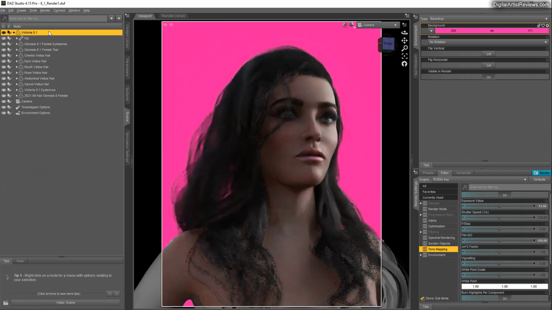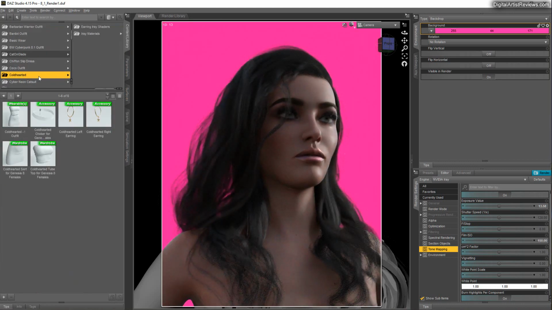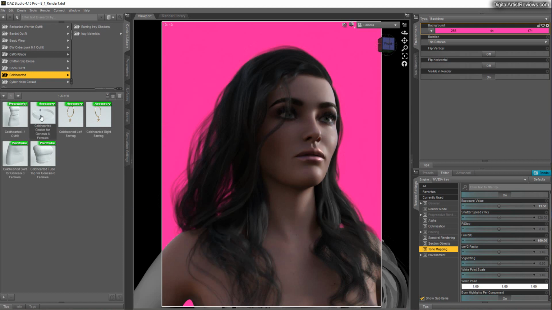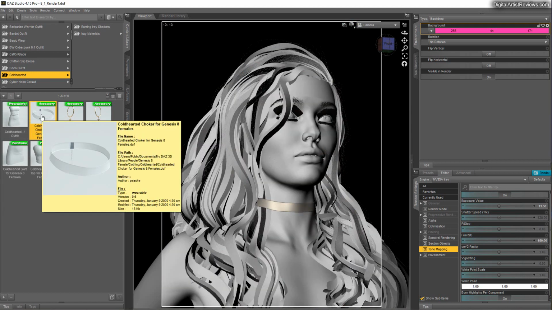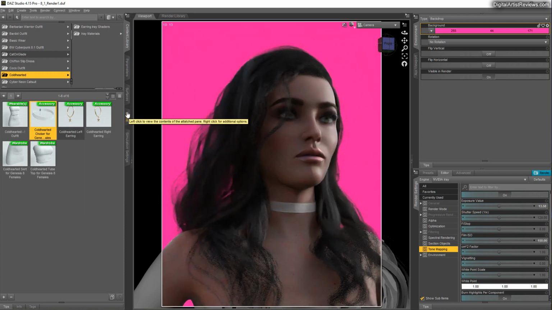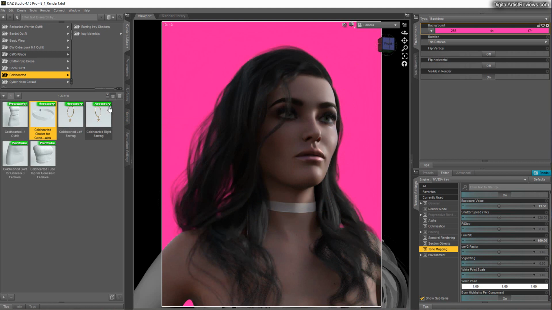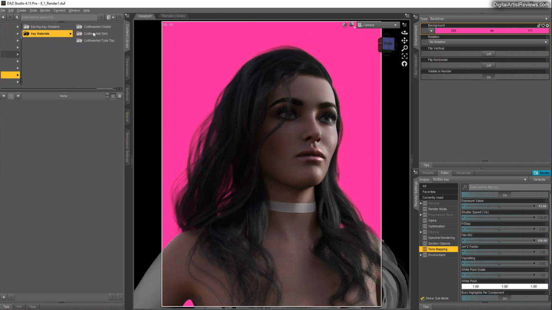Cocoa dress. Let's go back. Cold-hearted. He has a choker. All right. How does a choker work here? Let's see. That adds attention to the bottom. Maybe in a different color. Let's see if we can do